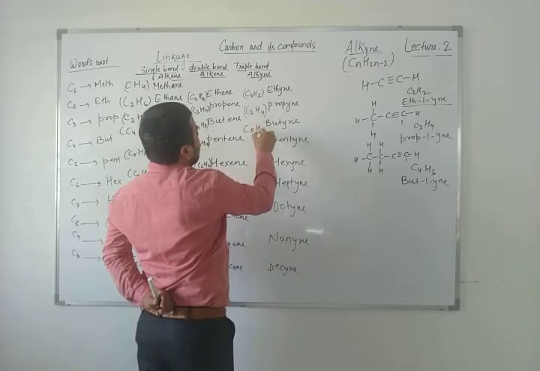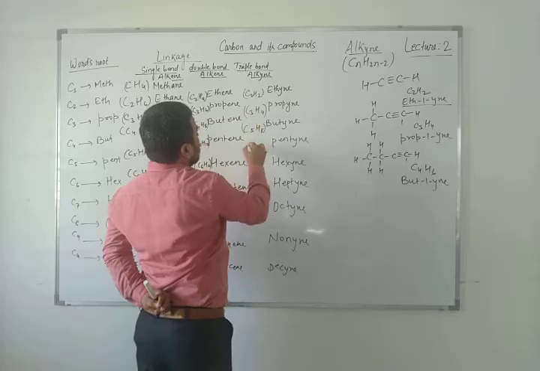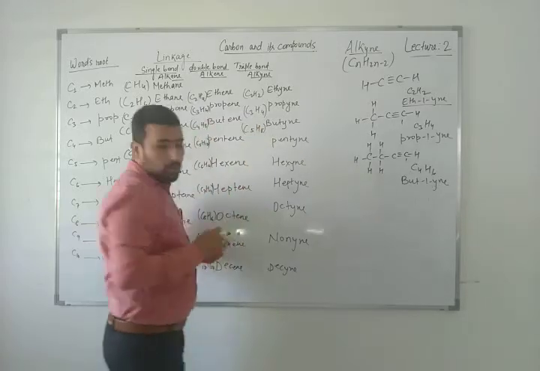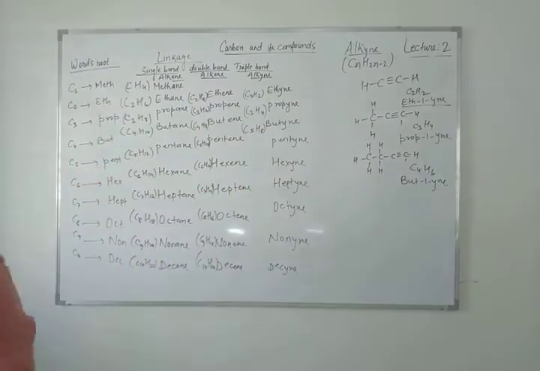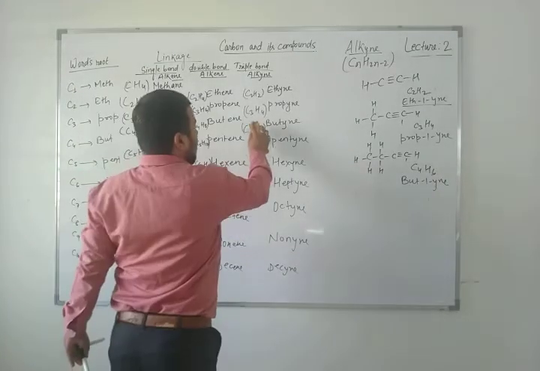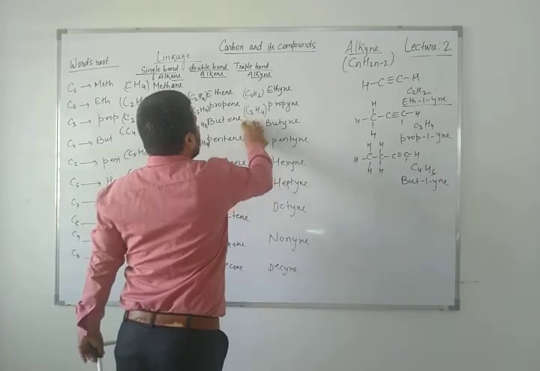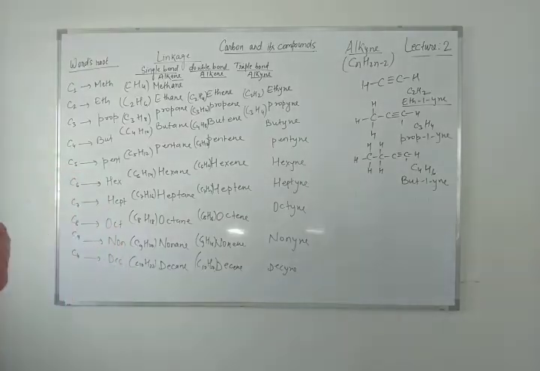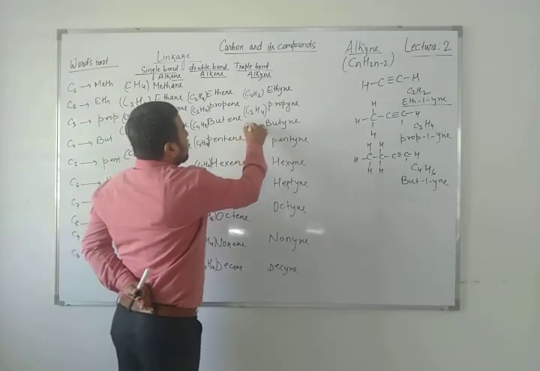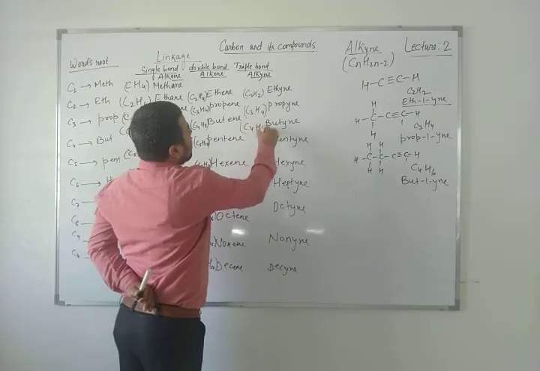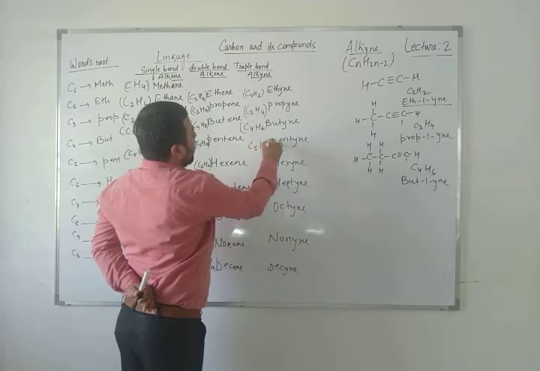C5H8, C6, butane is C4. Butane is all about the C4, not pentane and all. Butane is about C4H6. So you can see here, you can write in the butane C4H6, C5H8,